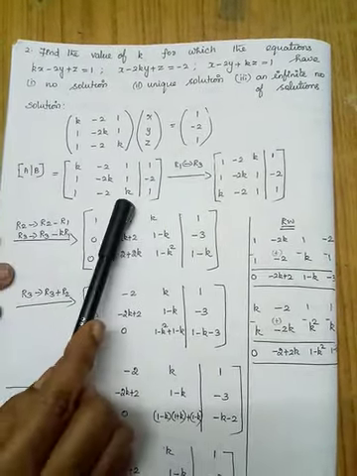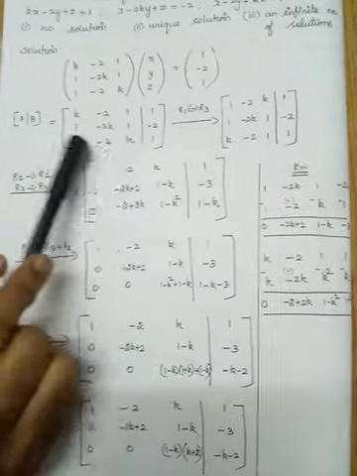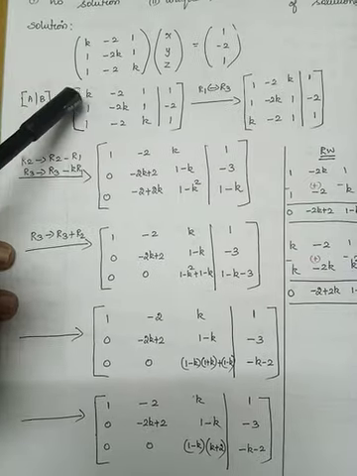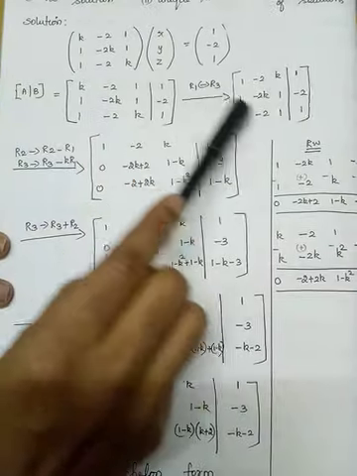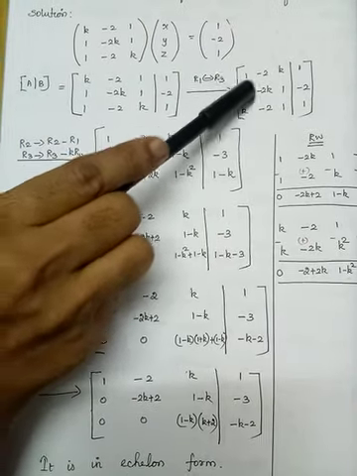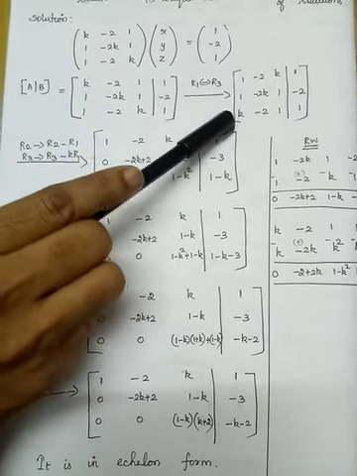See that I have written the equations as Ax is equal to B. So here I have written the augmented matrix. Here you see that we have to bring it into the echelon form. So here I have done the transformation, R1 is interchanged with R3. So you got this. Okay, so to bring the echelon form, what do you have to do? As usual, we have to make these two elements 0.